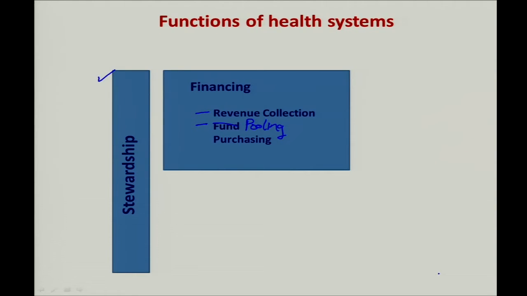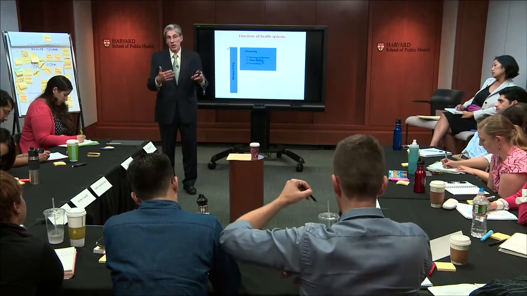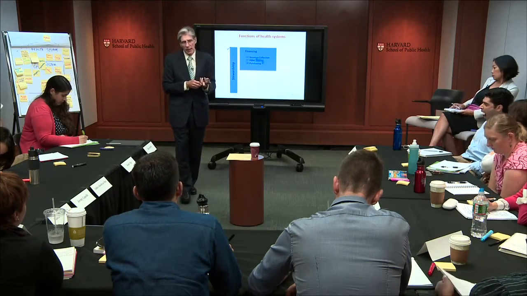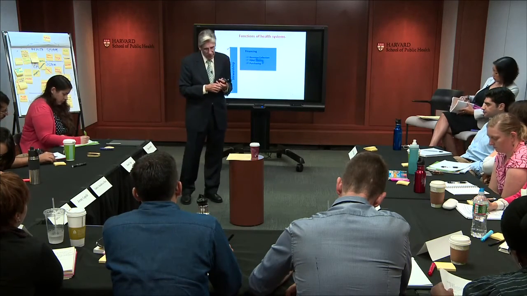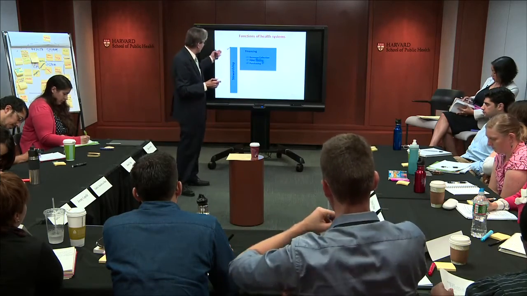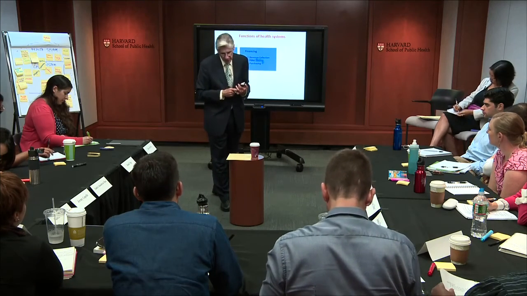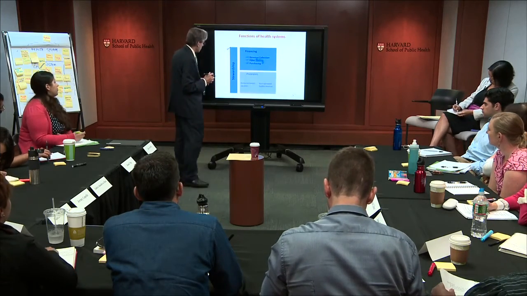So it is fund pooling of those funds. And then the final one is you decide with those funds that you have pooled from multiple people what exactly you're going to purchase, what services. And purchasing is a broad term. When you budget for certain services to be provided, that's a form of purchasing, right? Except you're budgeting the inputs. But you will have plenty of opportunities. So purchasing or budgeting is the third part of funding. And then finally, of course, we have the provision.